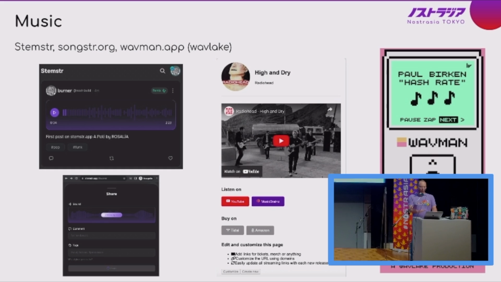So all 3 very cool music apps, totally different use cases, and there's probably more music apps, and there's probably a lot more music use cases that you can do on Nostr with stuff like this. So this is just kind of showing you some of the diversity and creativity with just one type of art, music.